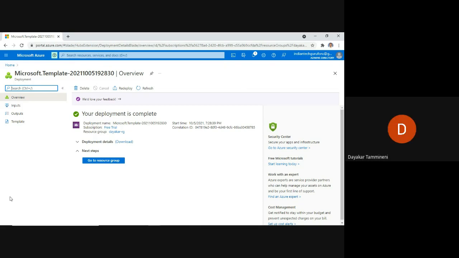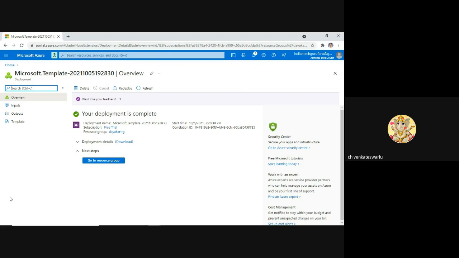Once the administrator gives you the virtual machine, he will give you the username and password, the credentials, for that particular virtual machine. Then you can directly open that virtual machine and deploy your web applications, or migrate the data.